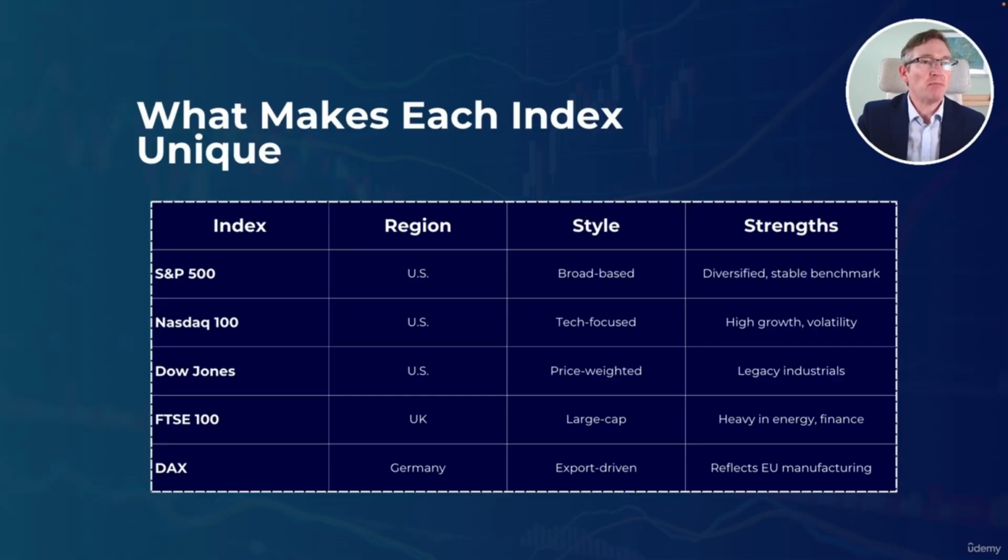So some are market capitalization weighted. We've looked at market cap already, meaning bigger companies have more influence. Some are price weighted, like the Dow. Some, like the NASDAQ 100, are very sector focused. Yeah, they're focused on the tech sector. Others, like the S&P 500, are more broad based. And then you can add in the smaller companies, for your